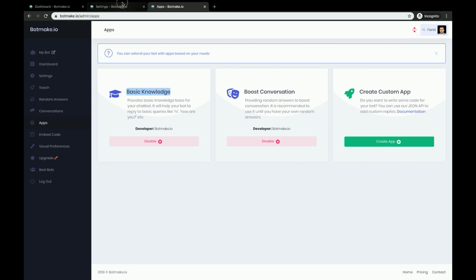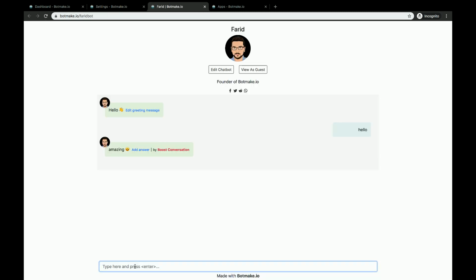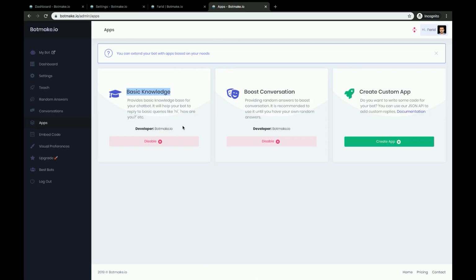As you see here on the bot page, when I say hello, it's coming from the basic knowledge app. So you can just simply disable this one, and then your bot won't have any